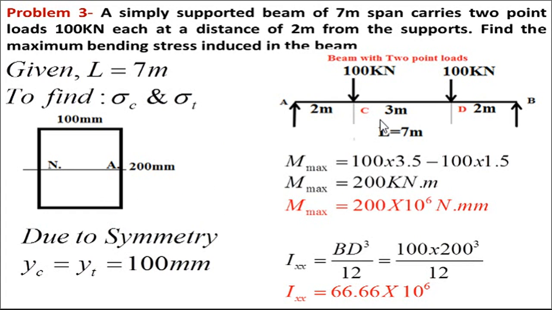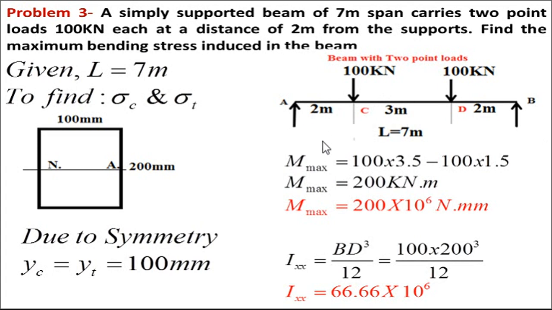So what will be the maximum bending moment? As the loads are equal, the reactions will be half and half. Means total load is 200, 200 by 2 will be 100, means RA will be 100, RB will be 100. Now to calculate M max, we have to take moment at the center. So from the support, this 2 meter plus 1.5 meter means you have to take moment about 3.5 from each support. So I have taken moment at the middle part of this section, at 3.5.